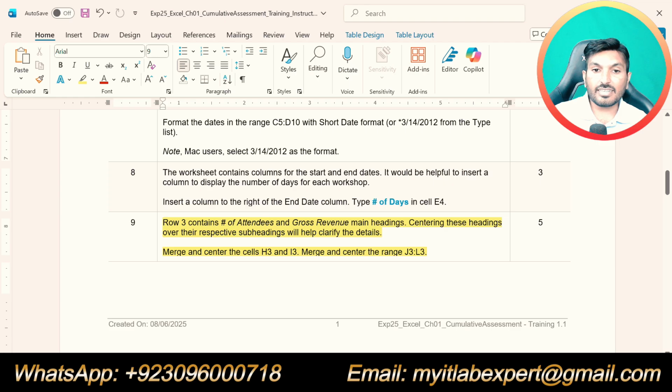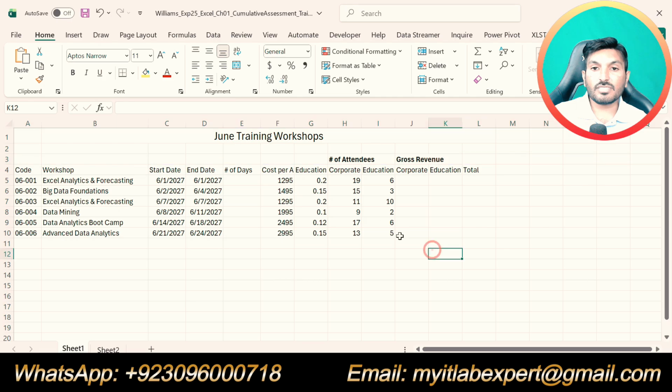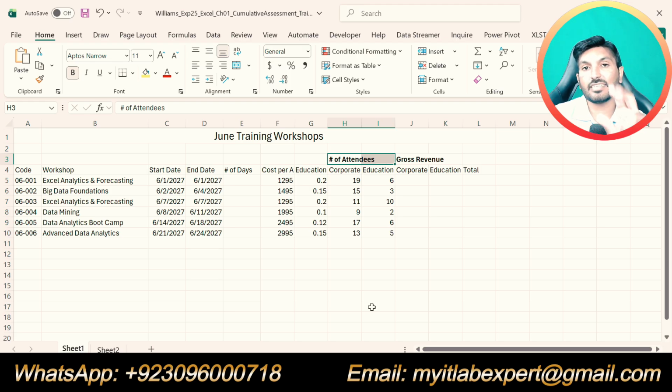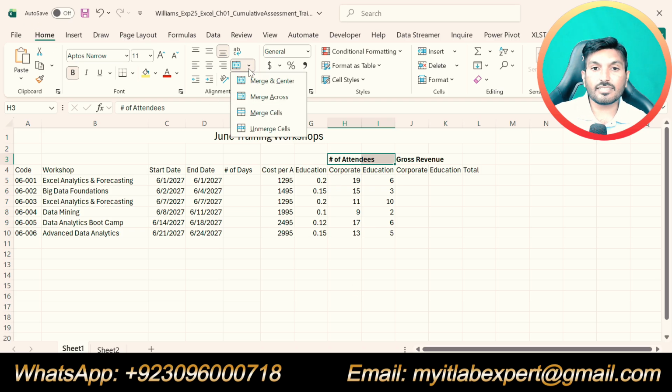Merge and center the cells H3 and I3. So we will select H3 and I3. So we have selected H3 and I3. Now we are supposed to apply merge and center to these two cells. So go to the home tab, then in the alignment section click this arrow and select merge and center.